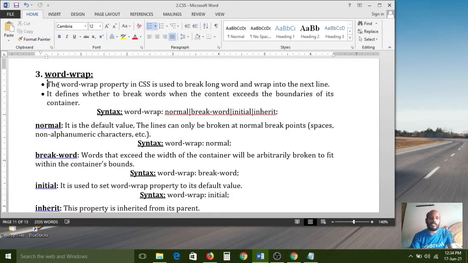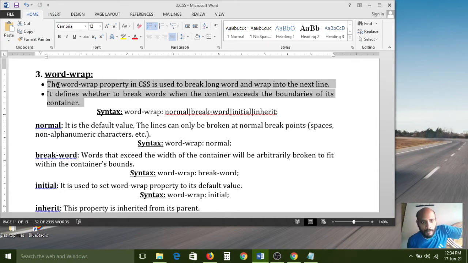First we have to see the definition of the word-wrap concept. The word-wrap property in CSS is used to break long words and wrap them into the next line. It defines whether to break words when the content exceeds the boundaries of its container.